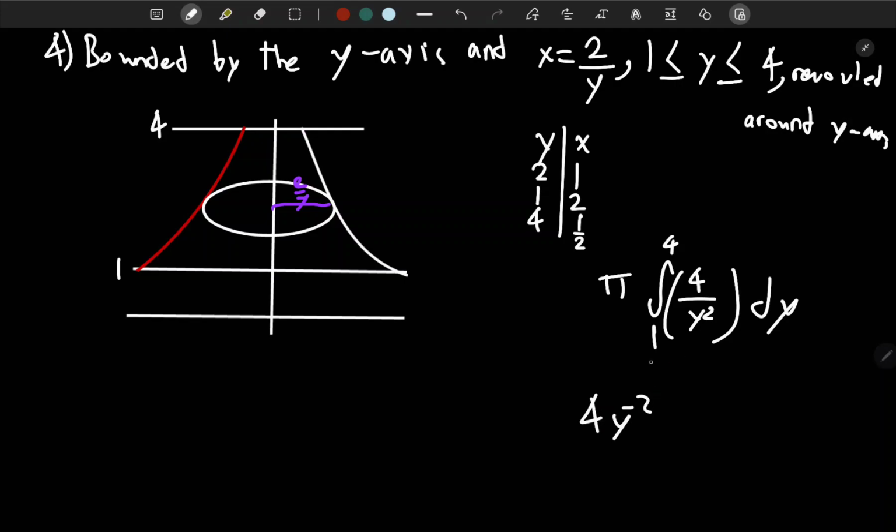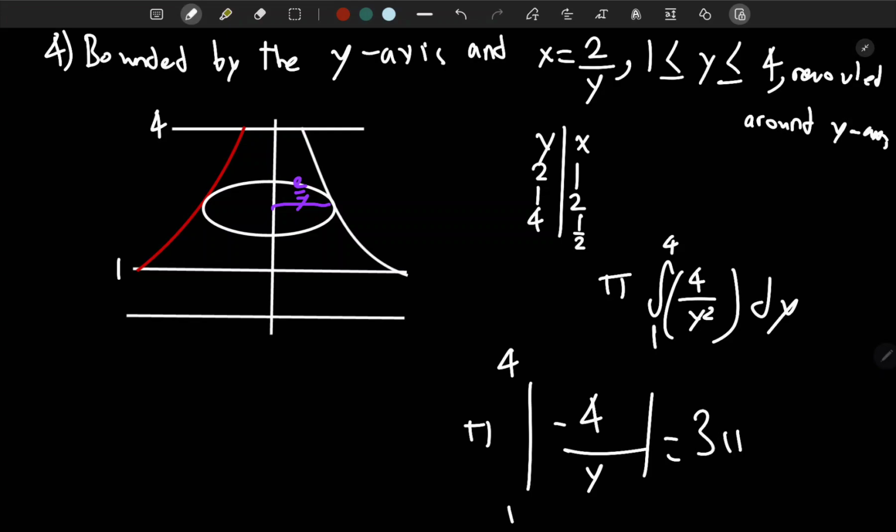I just brought this above. Now let's integrate. So it's going to be plus 1. Negative 2 plus 1 is negative 1 over negative 1. Now the final thing we are going to be left with is minus 4 over y, and we have the limits from 4 to 1, and then pi outside, and the final answer that you should get is